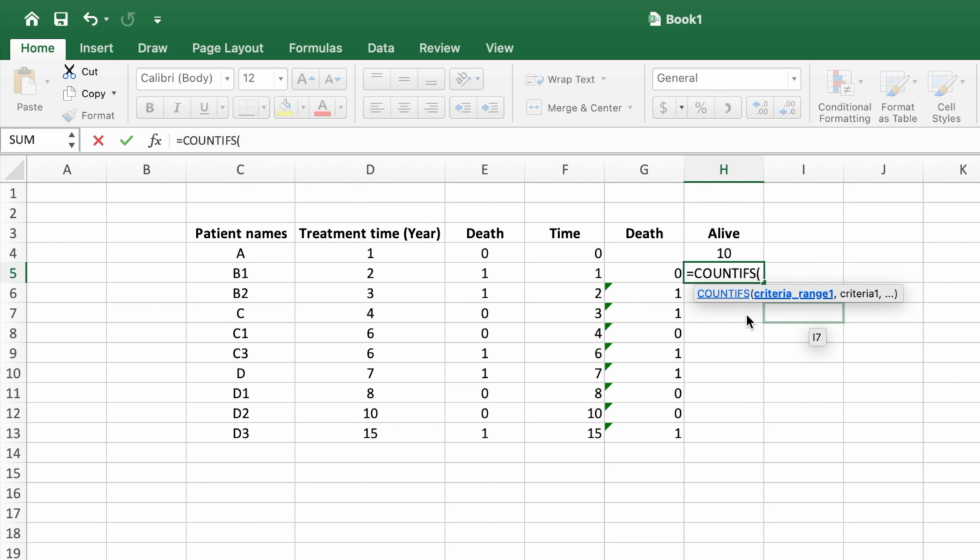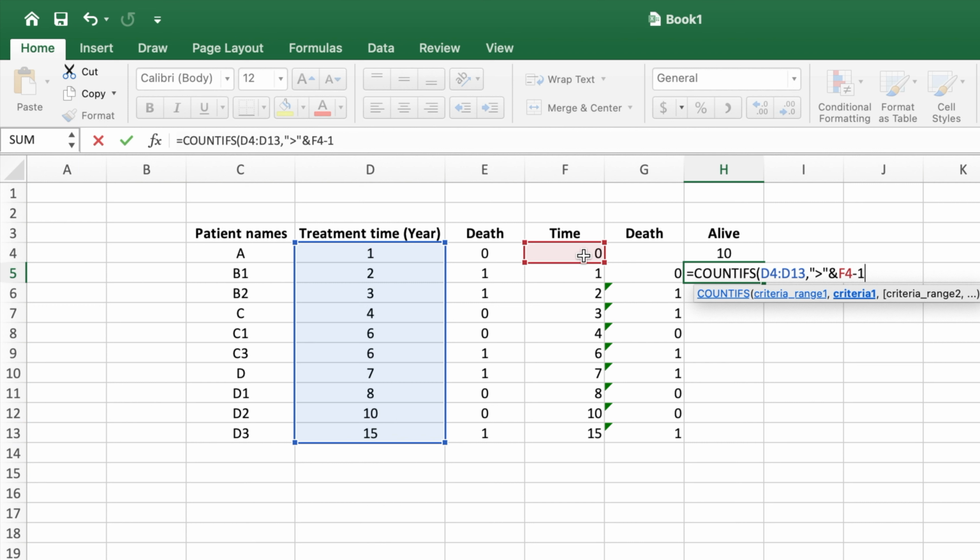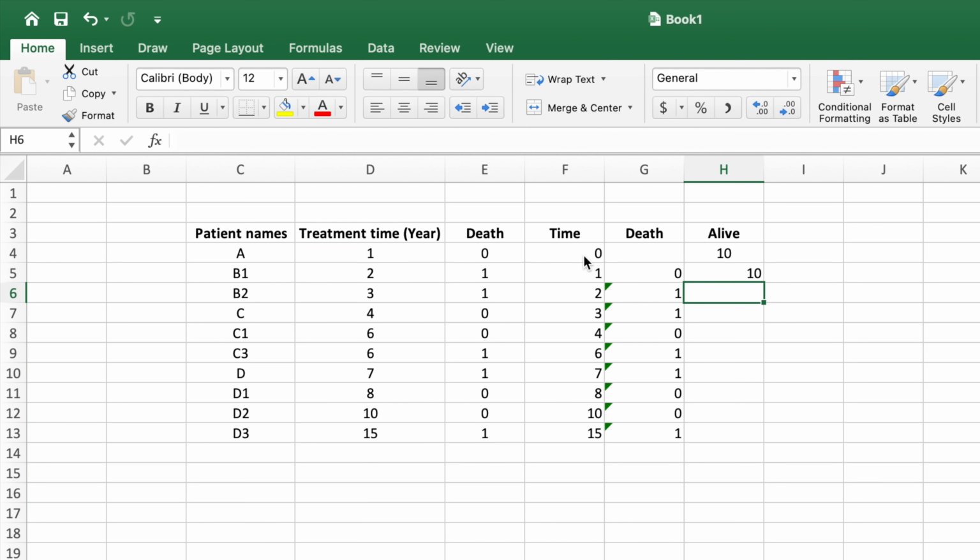In the criteria range 1, select the beginning of the treatment time, followed by a colon symbol, and select the last treatment time. For criteria 1, assign the greater than symbol within double quotes. Next, add the and symbol and select the first unique time minus 1. Now, close the bracket and hit Enter or the return key. To calculate for the rest of the time period, select the first result and drag it to the last time